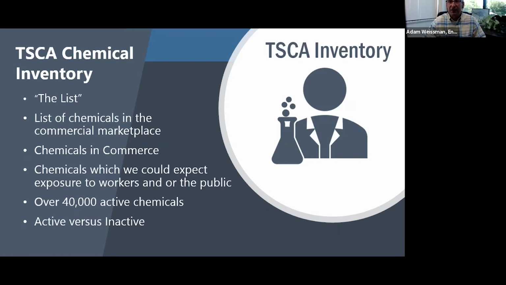Again, I'm going to talk about the active versus inactive, but there are over 41,000 active chemicals, and these are chemicals that the regulated community, the users, have let the EPA know are active, meaning that they're currently in use, they've been used within a 10-year period. And this was a big thing, to refresh this list and make sure that it was accurate. Well, it can contain inactive, but the idea was to refresh the list and bring it up to current on which chemicals are active versus which are inactive.